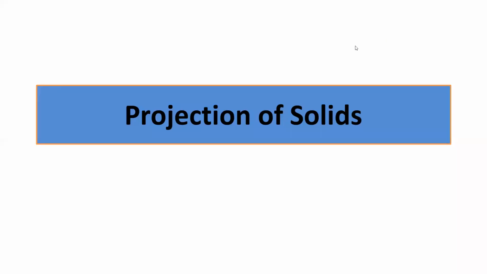During the last lecture, we have seen the projection of plane. Plane is a two-dimensional geometry which forms some area. And plane, basically, is a part of a solid geometry. Okay. So today we will see the projection of the solids, which is a three-dimensional geometry.